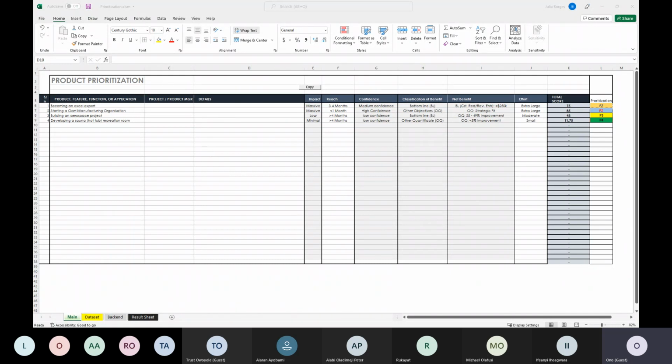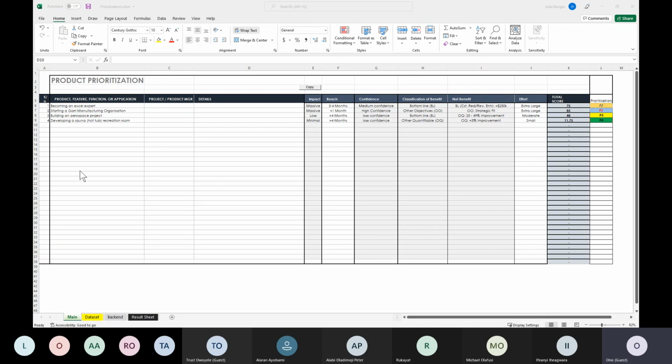As we know it, prioritization is very important usually when you have very limited resources. It could be you want to start your own project, you want to do something, but you don't have that much time. You may not also have the financial requirements to undertake all the projects at the same time, and that's when prioritization becomes really important.